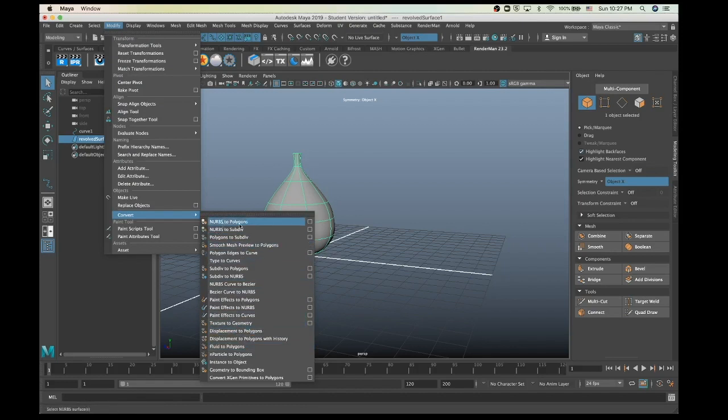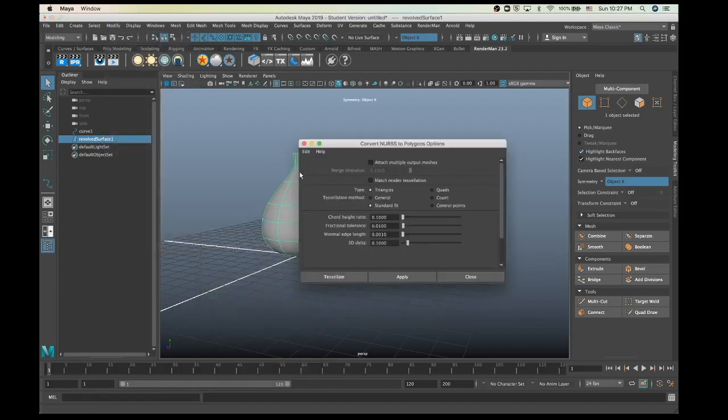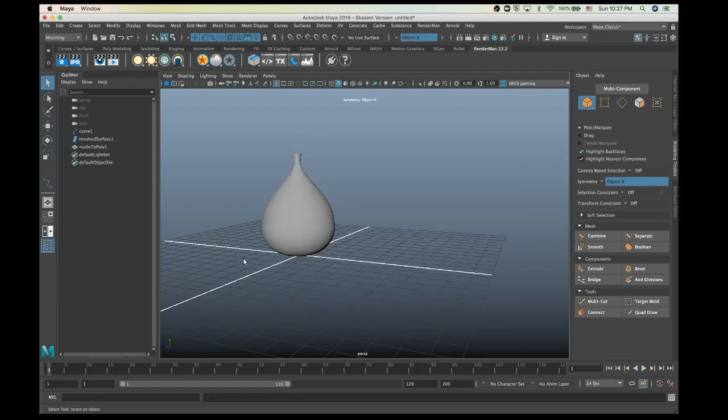The first one is NURB to polygon. So if I select that one, it also has the options. Sometimes you need to make changes based on what you need, but I reset the tool right now and I apply it. So right now,